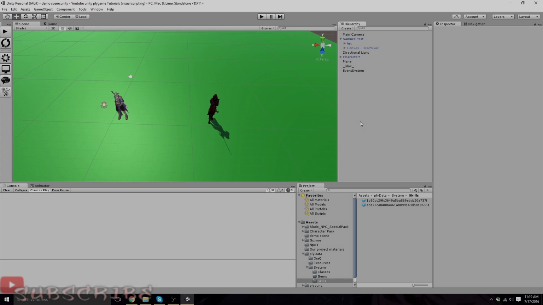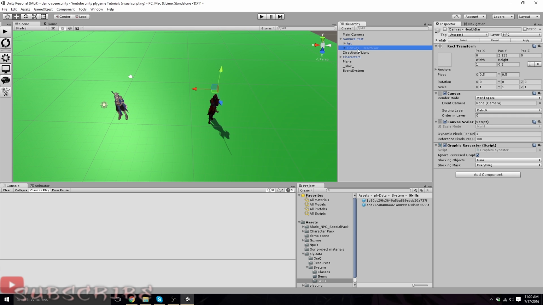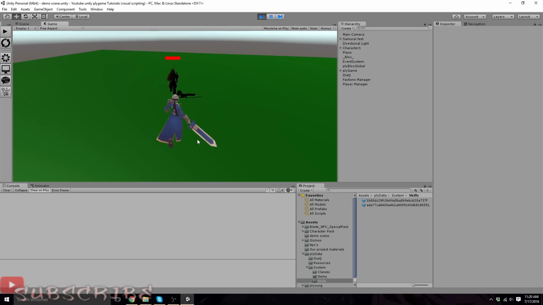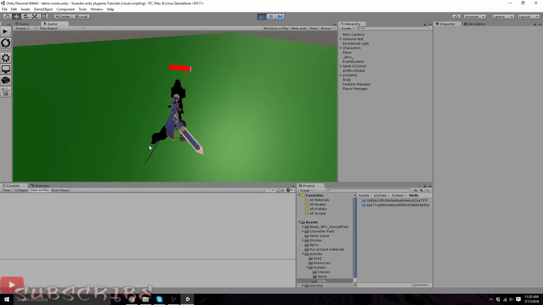Hey everybody, Xdesign 101 here, and with this tutorial we're going to be putting a health bar on our samurai enemy. You'll be putting it on whatever enemy you've created throughout the series. So we have a canvas here, and I'm just going to show you exactly what it's doing before we continue on. As you can see, as soon as I got within his thinking radius and targeted me, his health bar showed